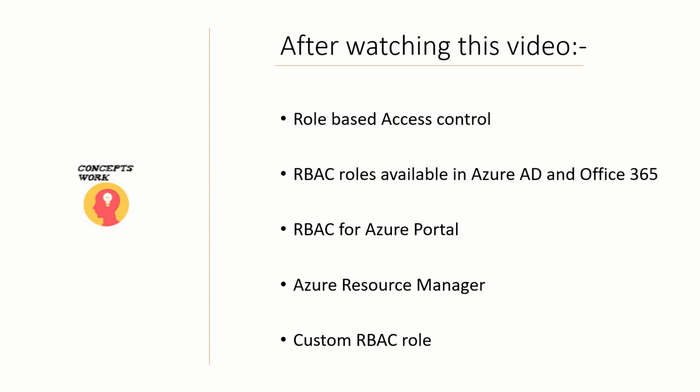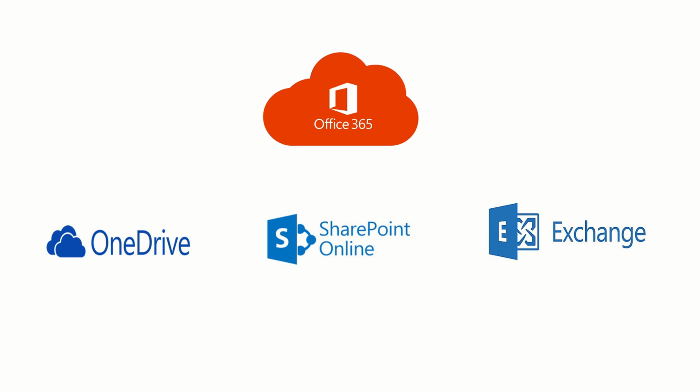Now, before we move on with the core concepts of RBAC, let's get an architectural view, because if we cover that, we will have a better understanding of RBAC. Now, we know that Office 365 is actually a bundle of services, like OneDrive, SharePoint Online, and Exchange. And you can think of Office 365 as an application that relies on Azure Active